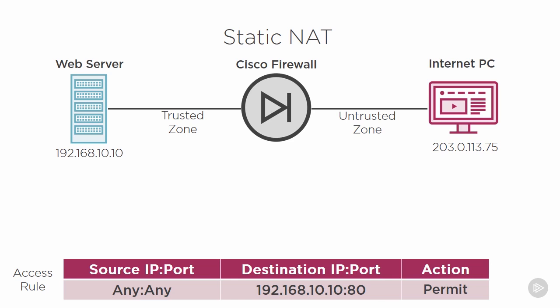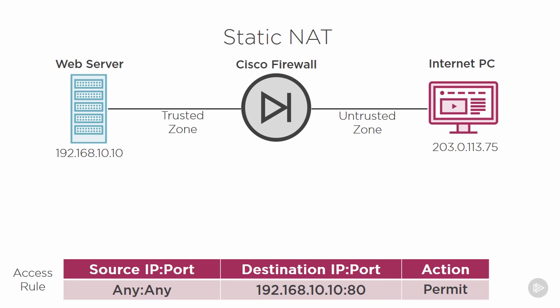Here I have an internet PC that wants to browse to a web server. We can assume this is our Star Wars fanboy again, trying to get to our Global Mantix web server that has all that Star Wars memorabilia on it. Now I've already set up my access rule to allow the internet PC to come in and get to the web server. The problem is that in the previous module we did not talk about NAT yet, so I made